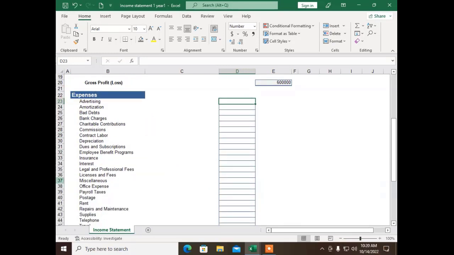Advertising, I said in this month I spent 5,000 on advertisement. Amortization, I don't have amortization. Bad debts, many of my students have bad debts. For example, I say 45,000 are bad debts here. I have given 2,000 as charity, and then dues and subscriptions, I have paid 1,500 rupees for that. Office expenses, I have paid 10,000 rupees. For postage and stationery, I have paid 5,000 rupees,